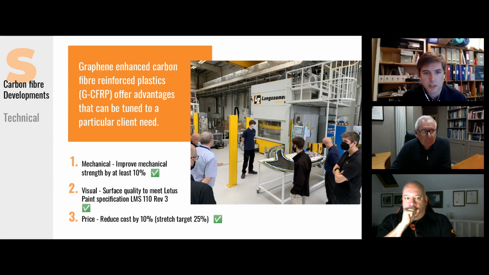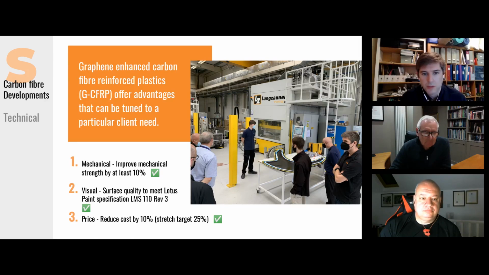This is a particular highlighted project that we've worked on over the last 18 months, working with several supply chain partners. What we're aiming to do is to look at one of Lotus's components. In this particular case, it's the carbon fiber bonnet, looking at how much weight we can take out of that, and also not just look at lightweighting, but can we save costs in other parts of the process? Can we look at new manufacturing processes?